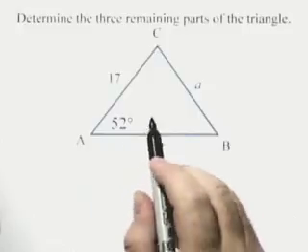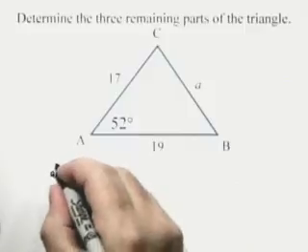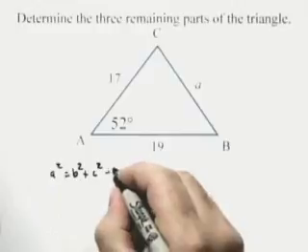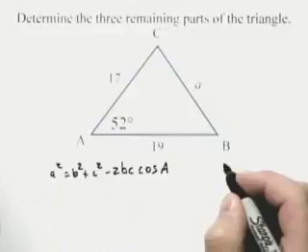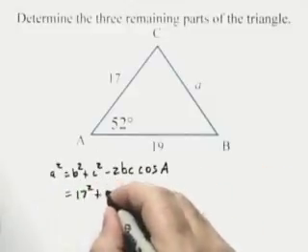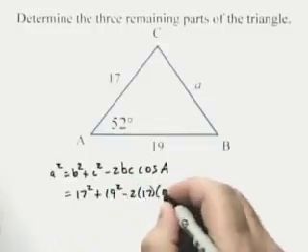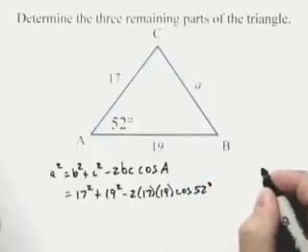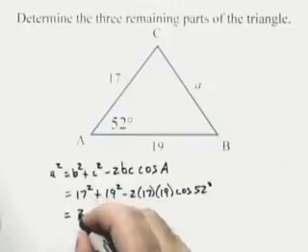We're going to use the law of cosines to find the third side, a. We'll have a squared equals b squared plus c squared minus 2bc times the cosine of angle A. And plug in our values, gives us 17 squared plus 19 squared minus 2 times 17 times 19 times the cosine of 52 degrees. If we evaluate that, we'll have a squared is equal to